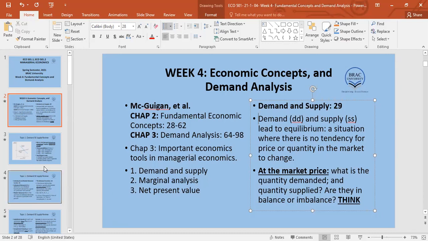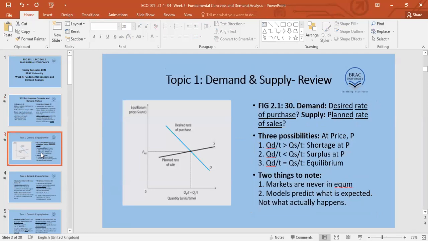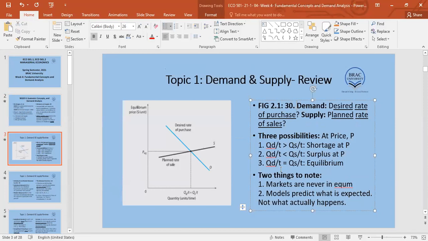Okay. Then what we did was we looked at what is demand. Demand is actually what we expect to purchase. Supply is what we expect to sell. If you look at figure 2.1 on page 30, you will see that the demand curve is written as